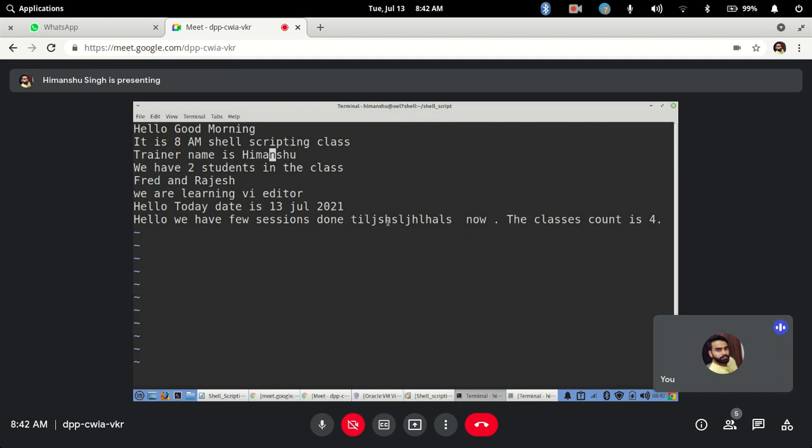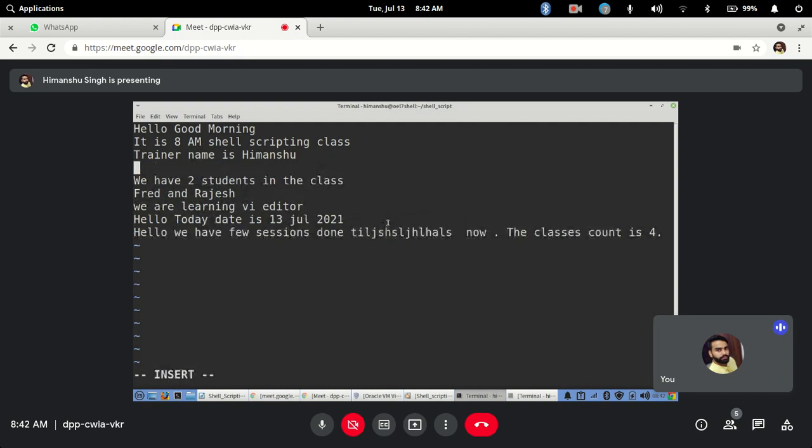Let's say I am at this line and I simply want to write something below this line. What I have to press is O, simple small o. As soon as I press the O key, you will see it goes to the next line and opens in insert mode. If you see at the bottom, it opens in insert mode. Clear? Now whatever you want to write, you can go ahead and write here, because it's already open in insert mode, so I don't have to worry.